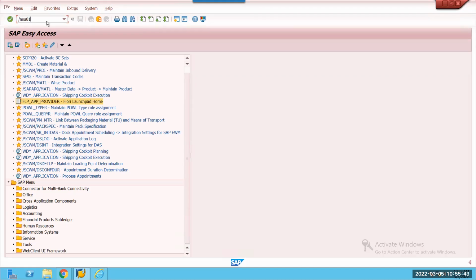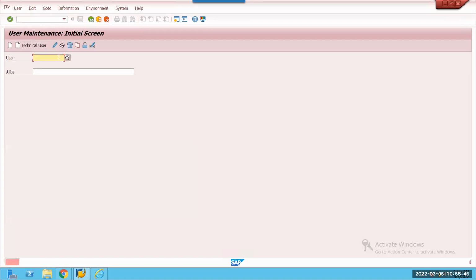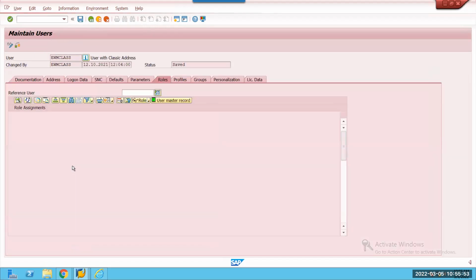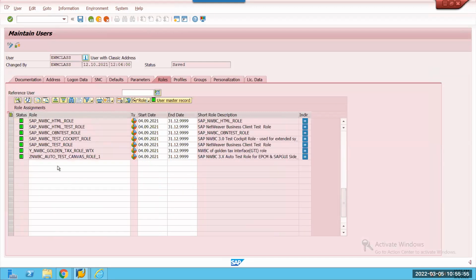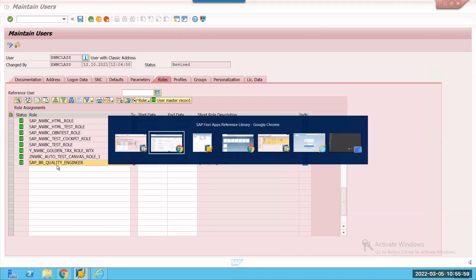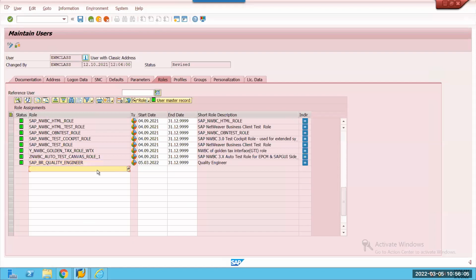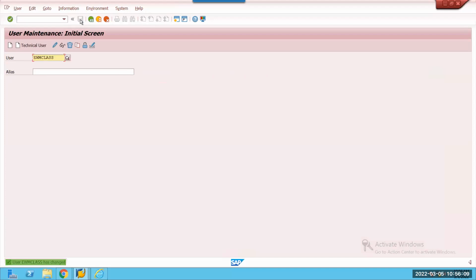SU01. Sorry, it's there. Engineer, what is the other role? Quality technician. Yeah, it's a standard, but in our company we have to create our own.